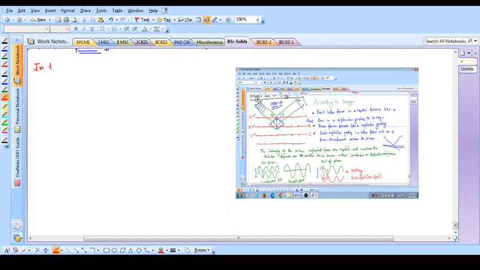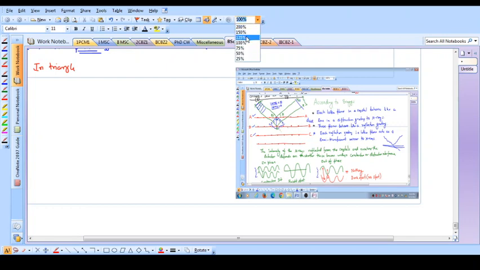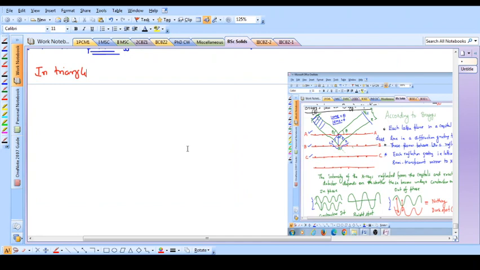So in the right angle triangle in this diagram, okay, let me try to magnify this image. Okay, so in the right angle triangle XQM,